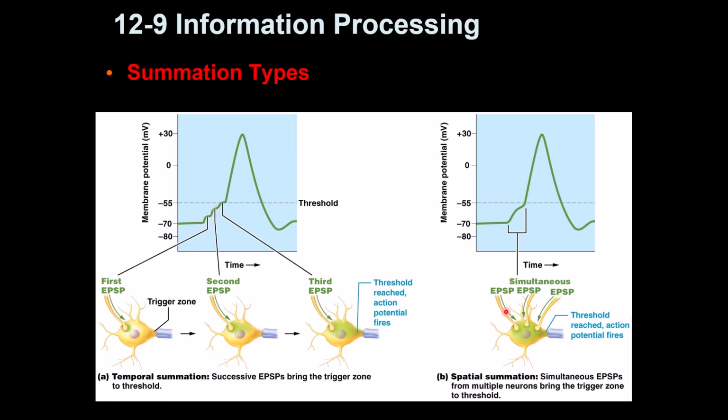The other one is that multiple stimuli from different neurons arrive at the same time. When they arrive at the same time in the same location, very close to each other, they stimulate the plasma membrane so that it goes above the threshold, and that will cause the action potential. So if they are small, then many of them should be there. If there was only one of them, it may cause a depolarization, but it will not cause an action potential because it stays below the threshold. So if many of them come, they accumulate and go above the threshold, which causes